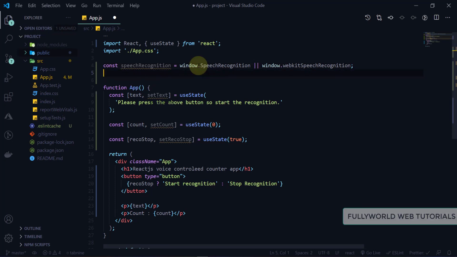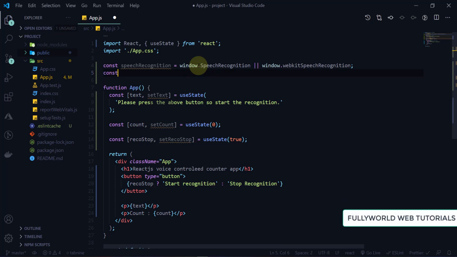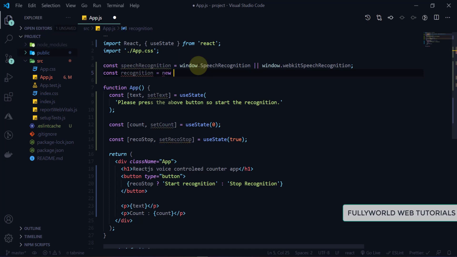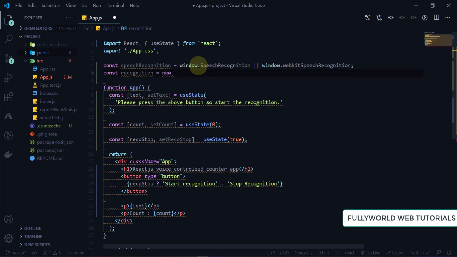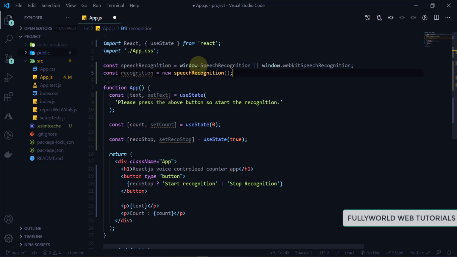Now we have imported this class from the window here, and then we are going to create the recognition object. So here will be recognition equals new SpeechRecognition. Now we created our new object here.